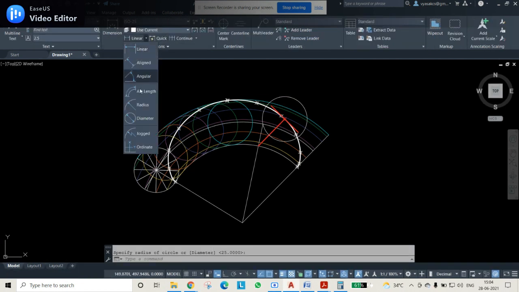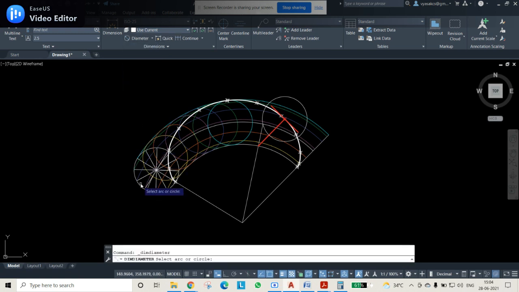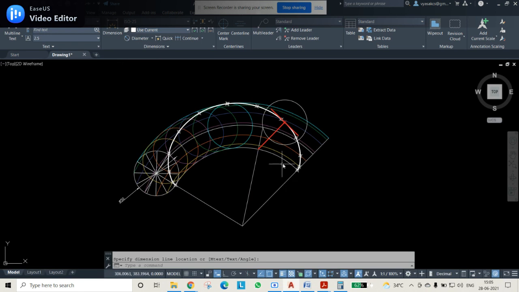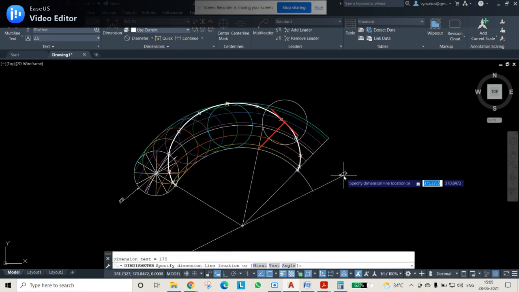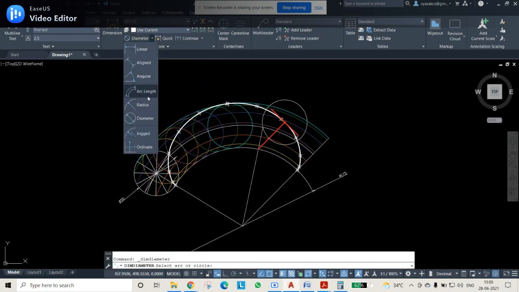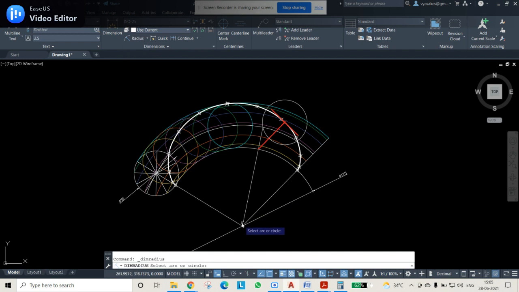That is something like you have to go for the diameter, no? So first this diameter is not used, so select this one and give the diameter, and also you know this diameter, so select this arc also and give the diameter as 175. So two diameters are known, that is finished. And we also know the information regarding the distance. What is the distance from this point to this point?